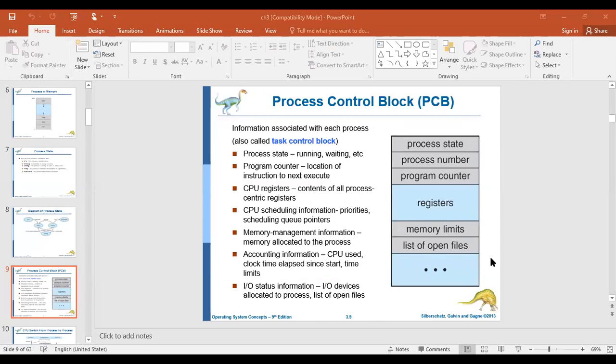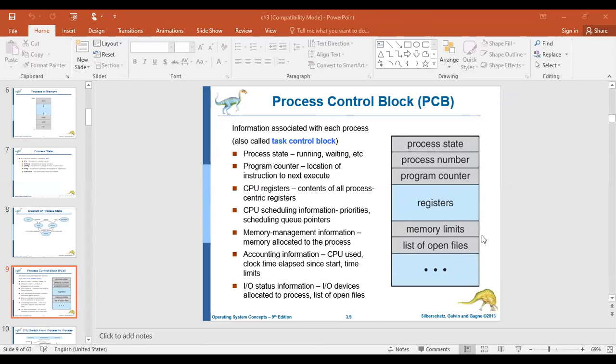As part of recording information about this process, it maintains this data structure internally. The process state field contains the information regarding the state of the process, whether it is running state or waiting state, etc.